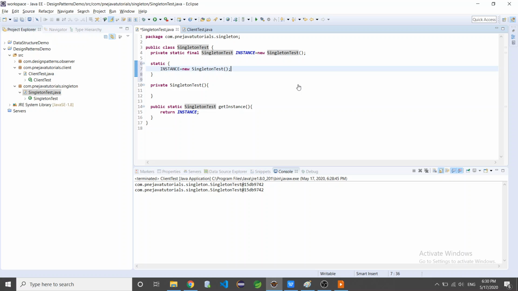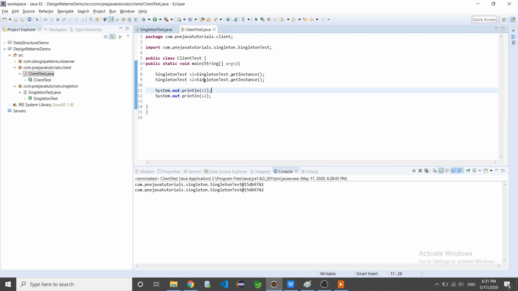And here we are going to define null, and we have to remove final because we are initializing a second time. First time we are declaring. Now that's it. When the class is called, in the static block the instance would be created, and after that, whenever the client accesses it, the same instance would be returned.